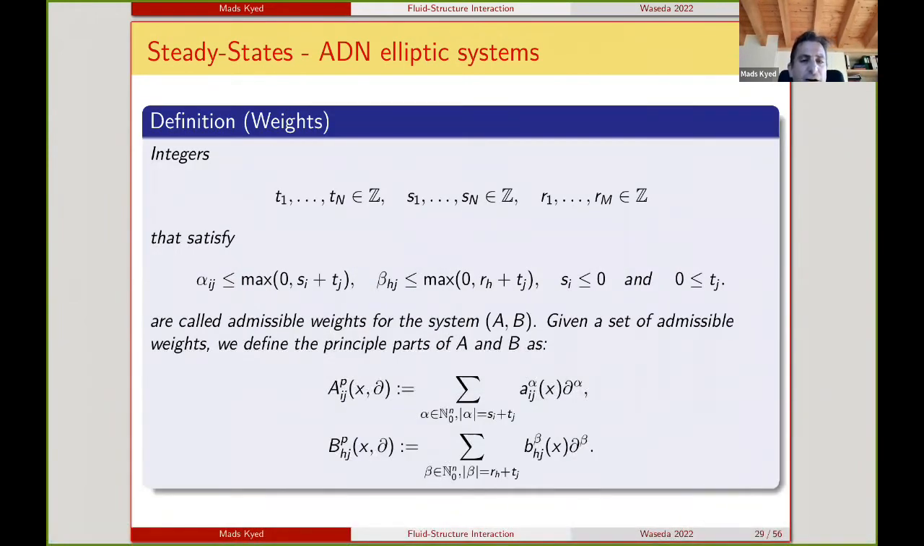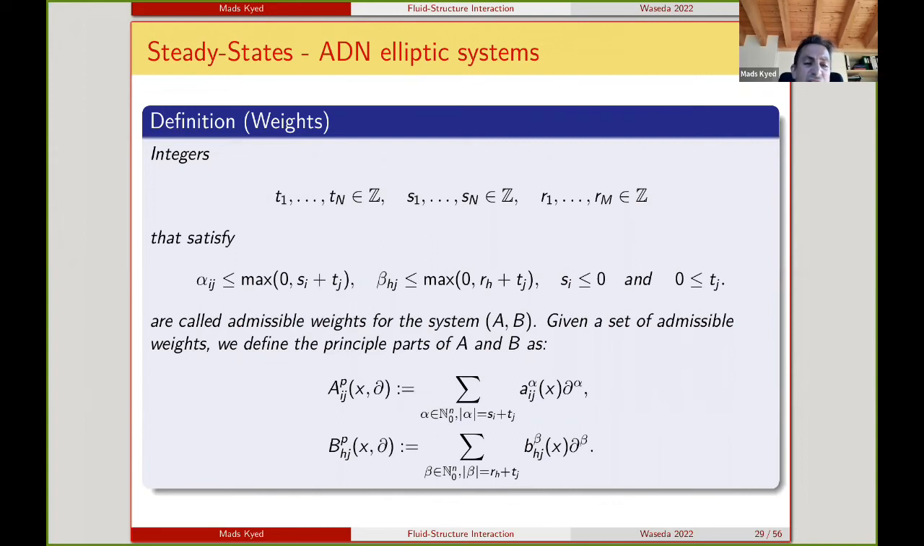Now we need to define what it means to be elliptic, or rather what it means to be elliptic in the sense of Agmon, Douglis, Nirenberg, because that's the type of systems that are included in their theory. Actually, it's quite complicated. In order to define what it means to be elliptic, we need to introduce weights, and the weights, well, you see here